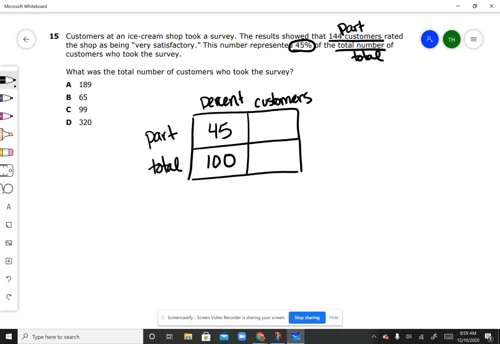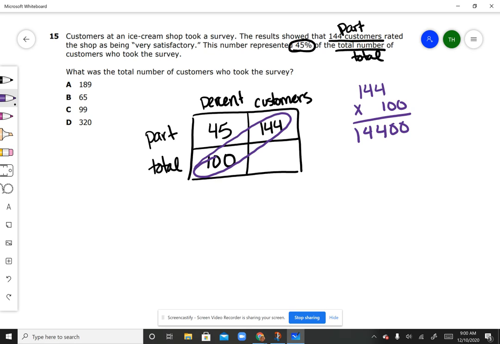Okay. We said that 144 customers was our part. That is part of the total customers. So we're going to put it in our part box. We'll find the corners diagonally across from each other that can be multiplied. So we have 144 times 100. Okay. So we're left with